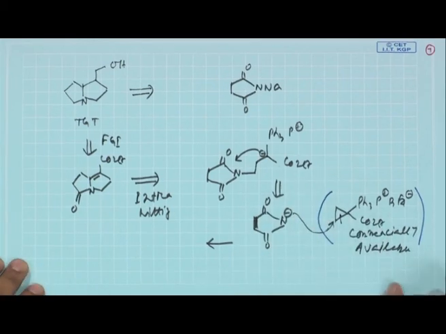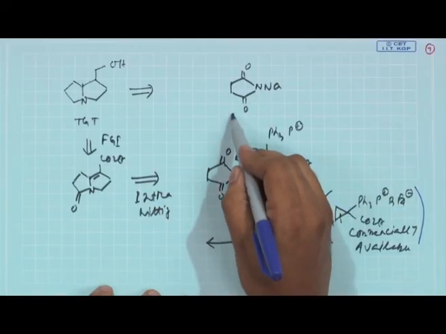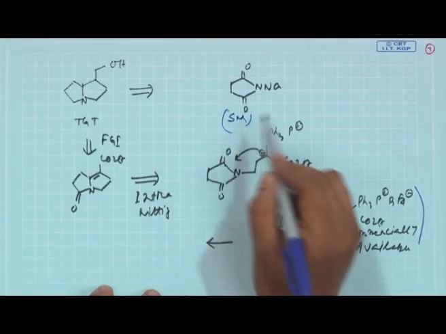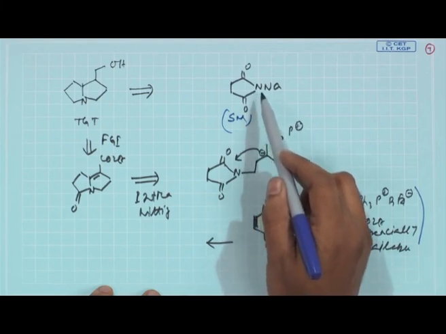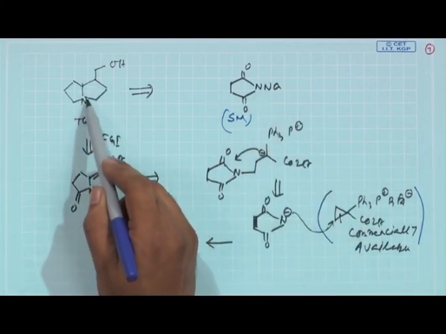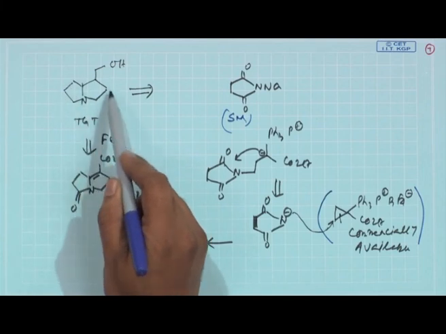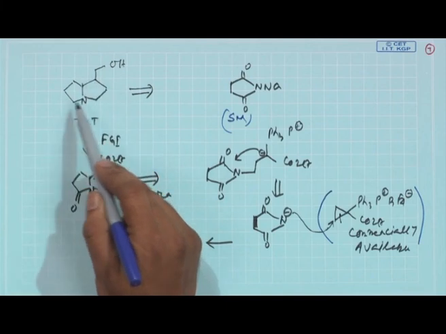So, by combining different mechanistic aspects of key transformations, you can design very efficient pathways to certain molecular entities and target molecules, which we have explained for this example. And a simple starting material like succinimide sodium salt can be used as a very good starting material to generate this kind of bicyclic nitrogen containing compound, as this compound is very much present in many of the natural products, many of the naturally occurring alkaloids.